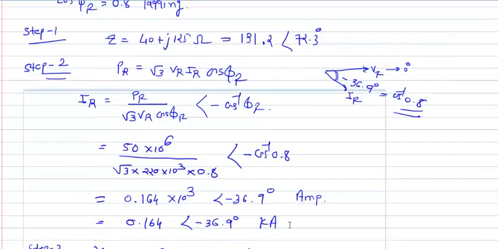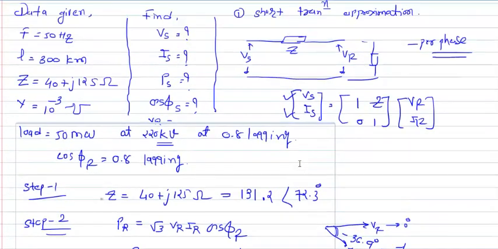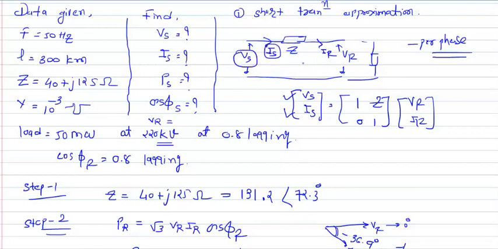So I have the receiving side data and transmission line data. So we have this particular Z, we have VR, and we have current IR. Now what we want is actually IS and VS, right? We want to calculate this VS and IS, and we already have data of VR and IR, and this Z also. So we will use this equation that we have derived, and based on that we can calculate sending end voltage and sending end current.